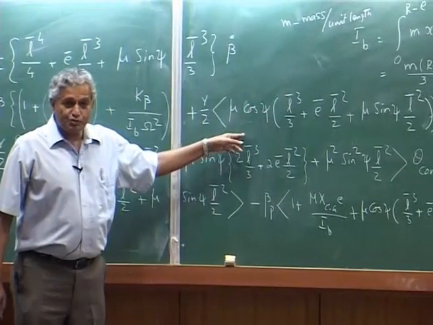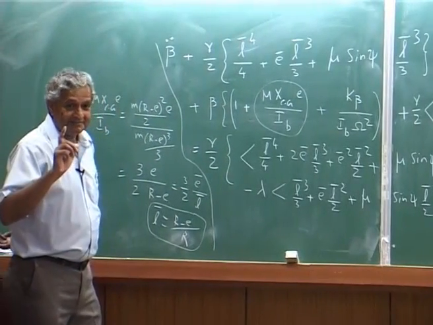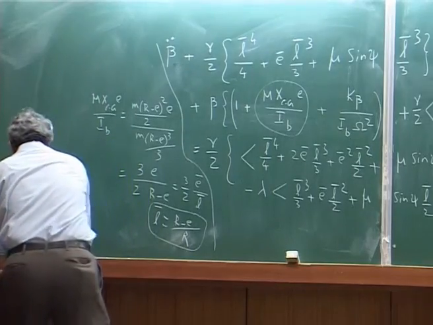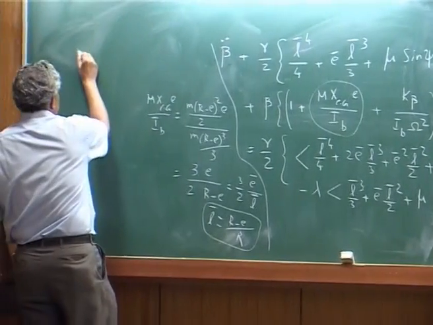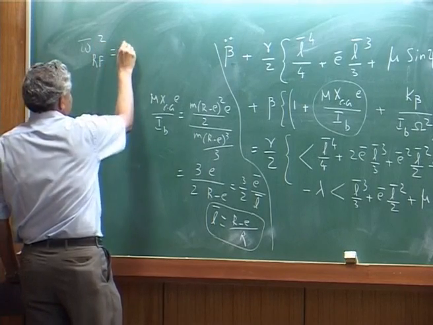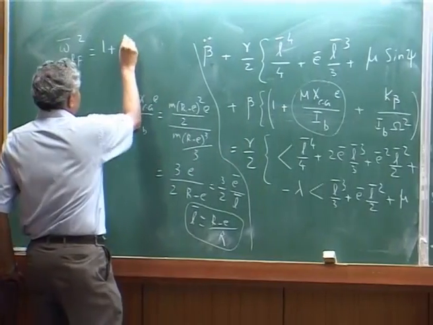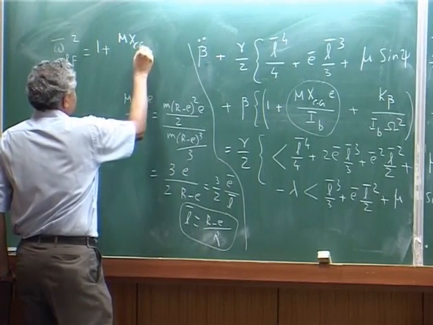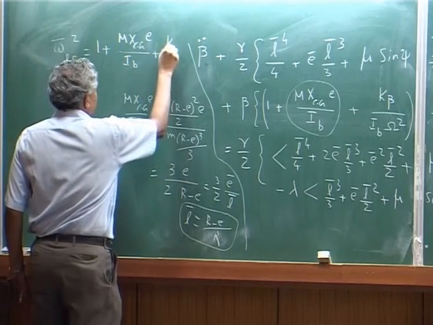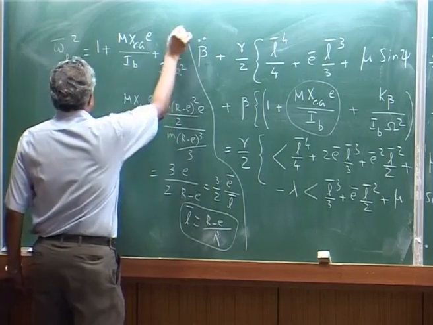The moment I set mu 0, my rotating flap frequency, which is omega bar r f square, is 1 plus m x c g e over I b plus k. Okay. This is my rotating flap frequency,